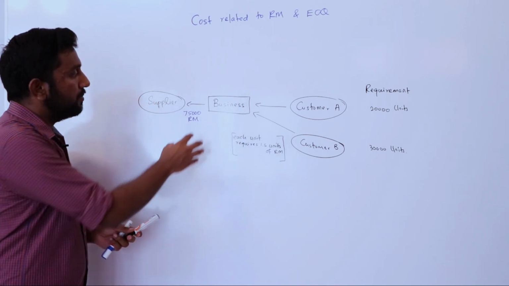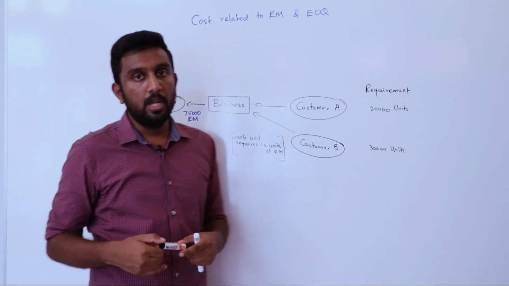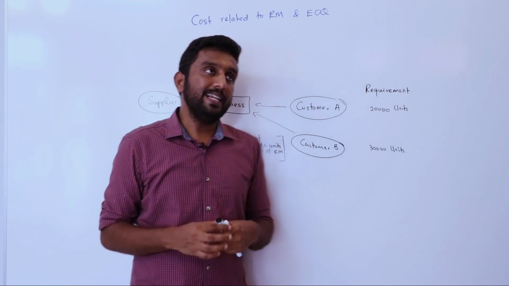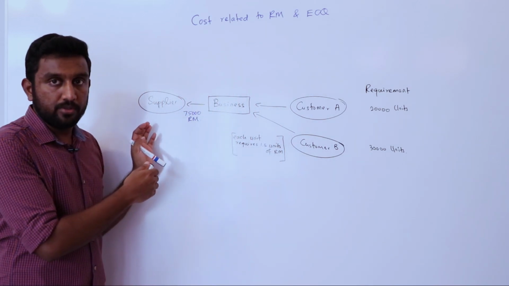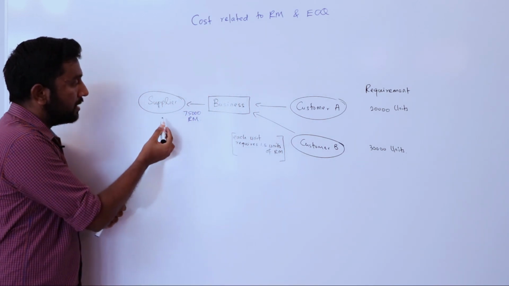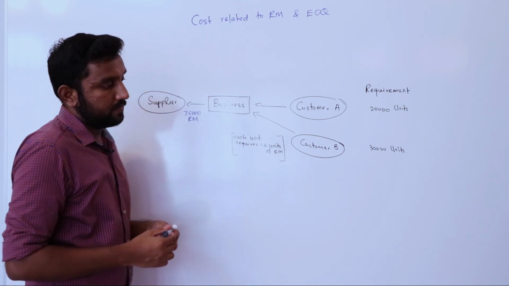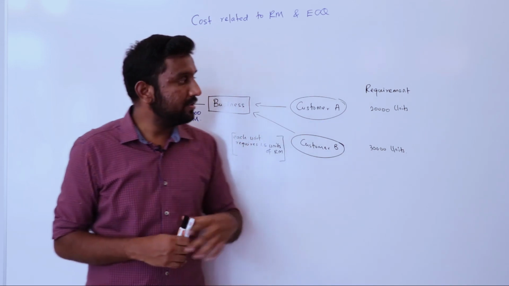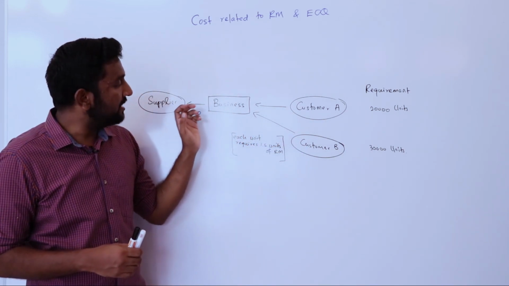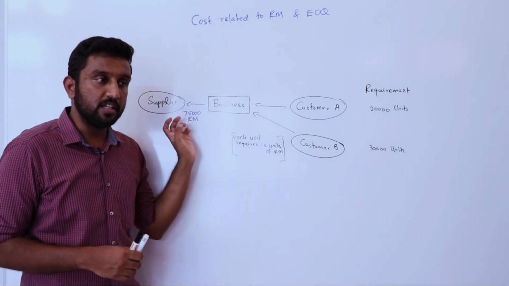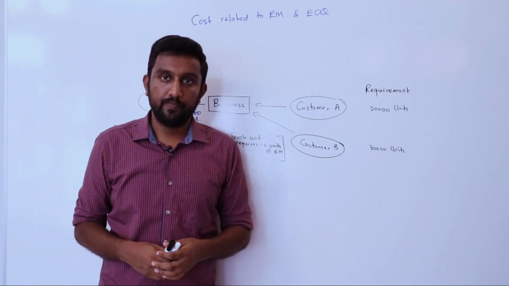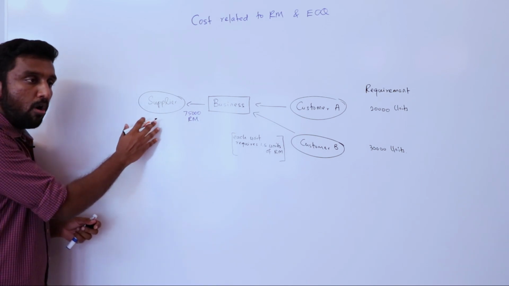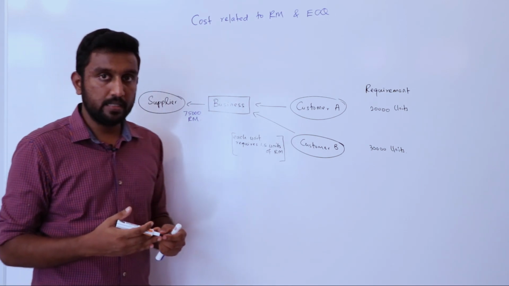So the business just makes a call to its supplier and gets the order ready. Let's assume the supplier is from some other country and they are sending the goods to the business. So how many times are they going to send? They're going to send only once, because this business is requesting the entire 75,000 raw material from its supplier in one slot. So if they do so, their cost of ordering is less.